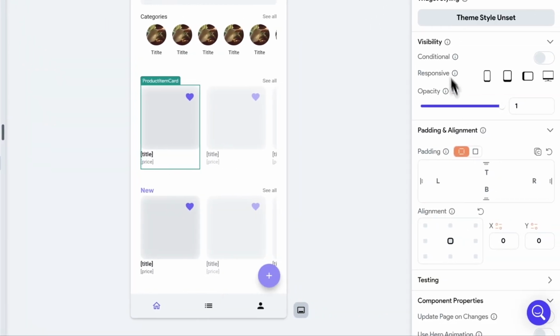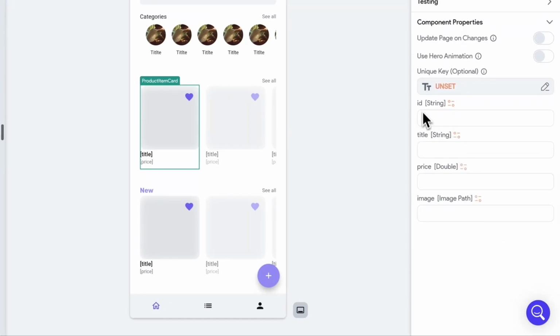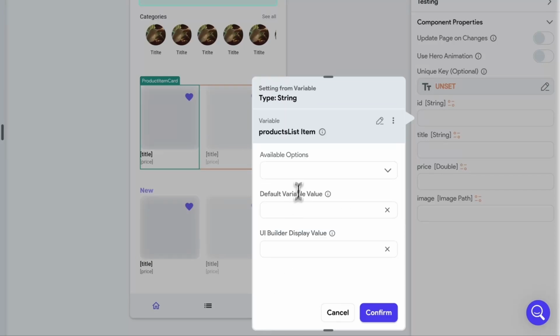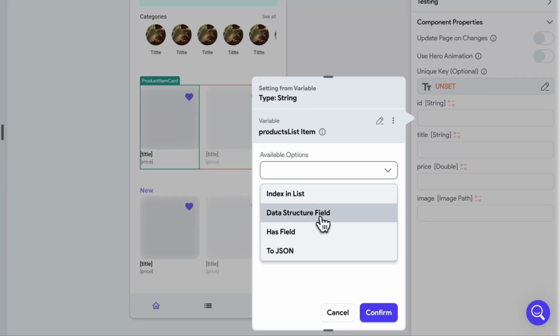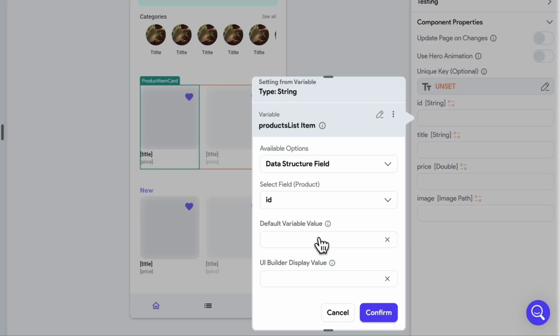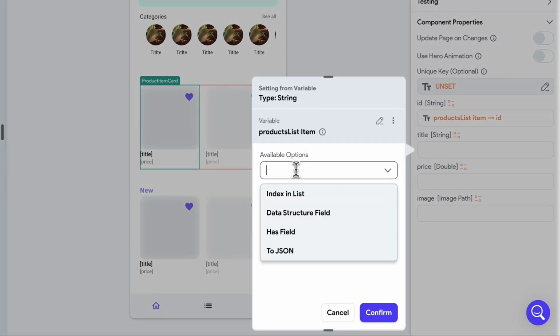So we're going to go to the properties panel all the way down. And now we have ID, title, price, and image. Let's set them one by one. So the ID is going to be the products list that we just defined. And from the data structure field, it automatically understands this is going to be a product. Beautiful. So I'm just going to select the ID in this case. I'm going to repeat the same for title,